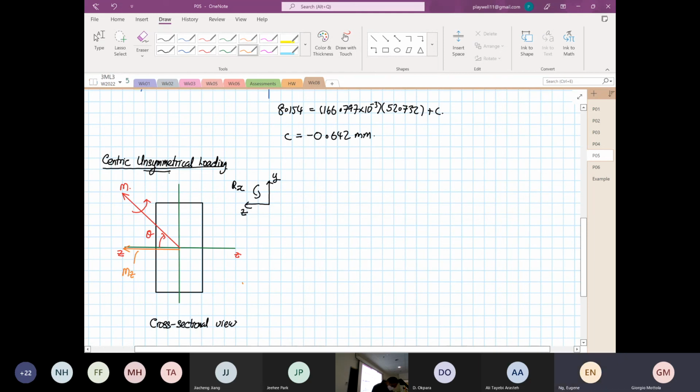Mz is equal to M cos theta. Sorry, I will not write over that. My apologies. So Mz is equal to M cos